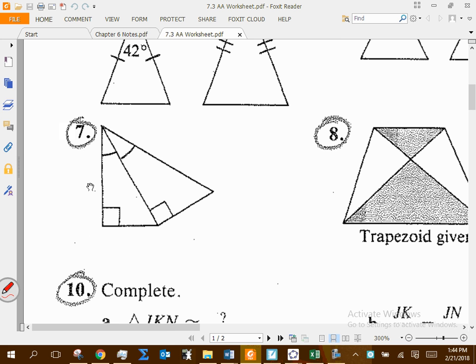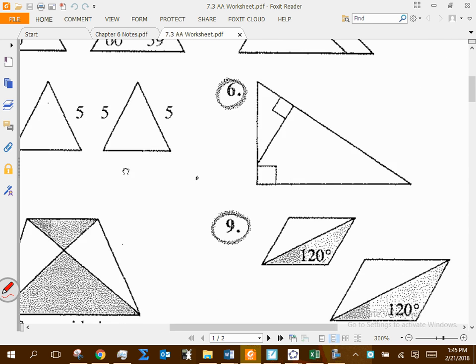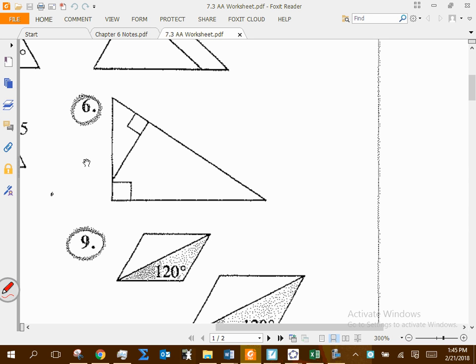What about 7? I figured since it was just like a triangle size and that triangle would have to be similar. What are you talking about? For number 6, I said yes because I thought since it was inside a triangle, it would have to be. You just gotta be careful with that because two angles are the same. Yeah, we got to have those components because I could put